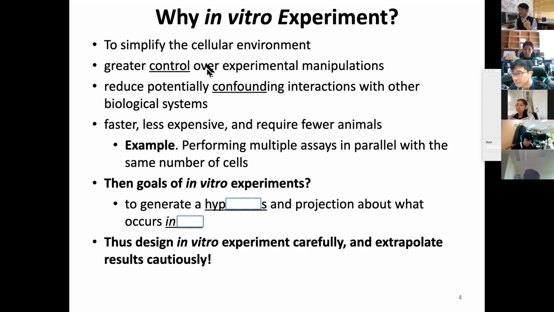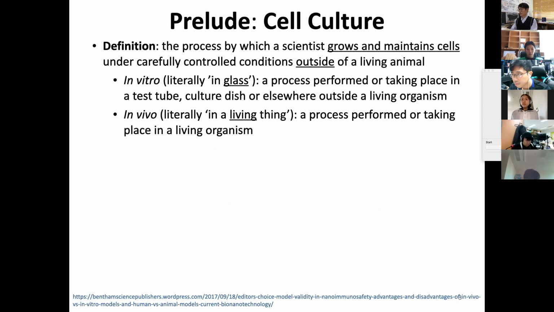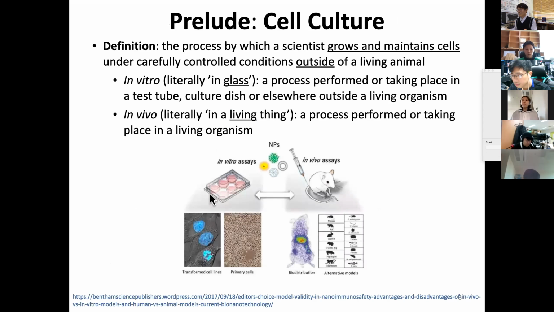So an example of an in vitro experiment is performing multiple assays in parallel with the same number of cells. Let me go back to this picture. You can see this 1, 2, 3, 4, 5, 6 well plate. So when we do an experiment, we can have one outcome, but it's very hard to draw a conclusion because